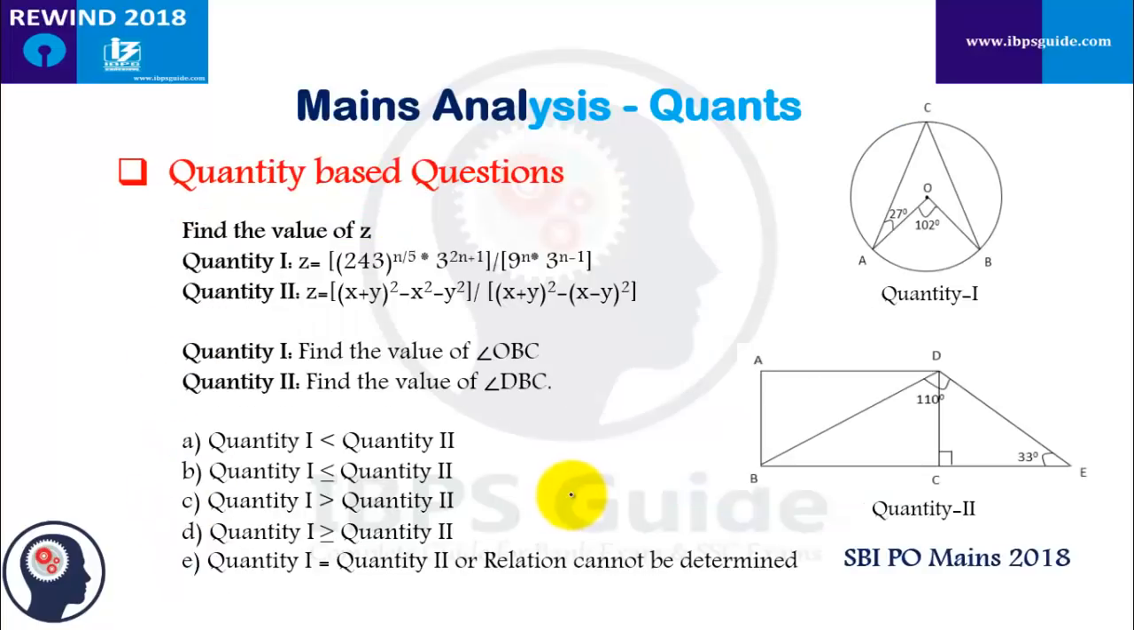Okay, now let's move toward the analysis of quantity based type of question. See, you have to find out the value of Z, quantity 1 and quantity 2. But the chapter that the quantity based question is from is the mensuration chapter, and you have to calculate the value. See, in quantity 1 and quantity 2, you have to calculate the value, but the chapter is mensuration. So the level is very difficult. This question is asked in SBI PO 2018. If you are very clear in mensuration chapter basics, you know each and every formula, you can easily solve this